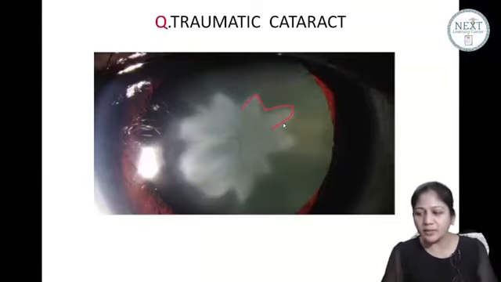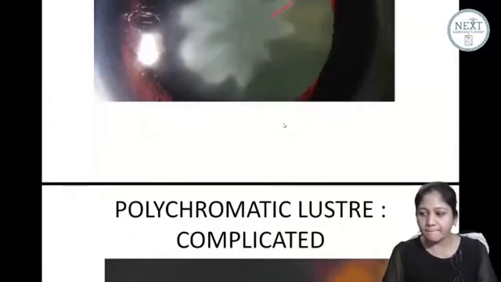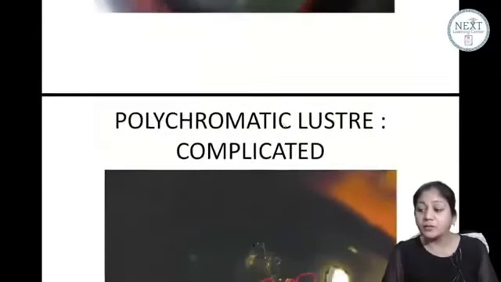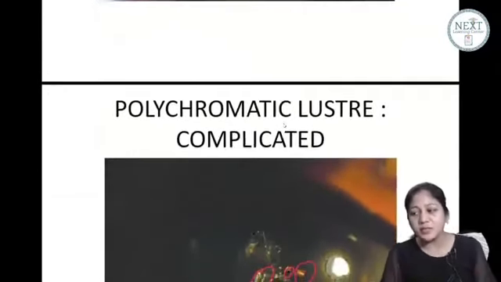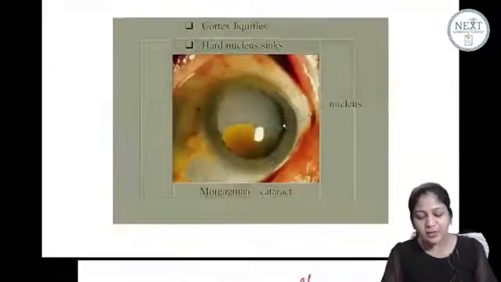This was the rosette cataract. Okay, Dr. Ishwarya? Dr. Shubham, it was Wilson's disease. I told you in Wilson's disease